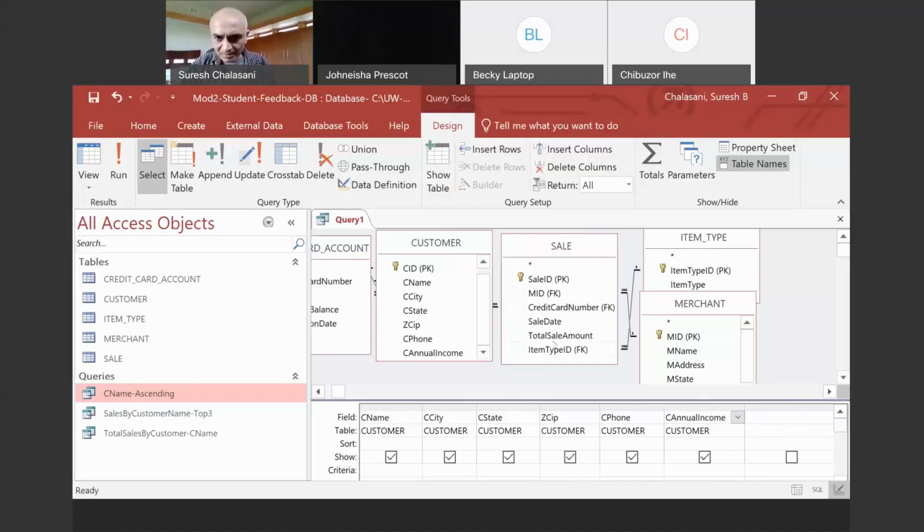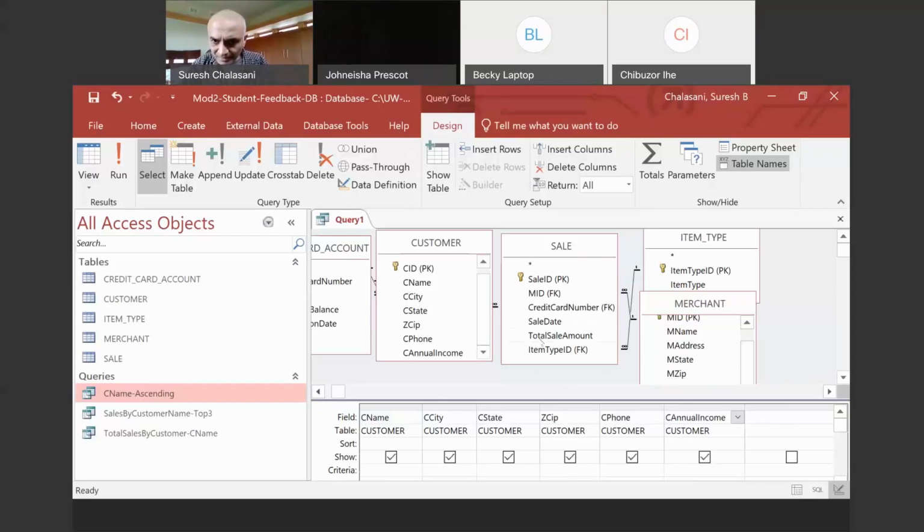So let's just say the only thing that remains is, is there a merchant table? Are there fields for the merchant table? Hello?